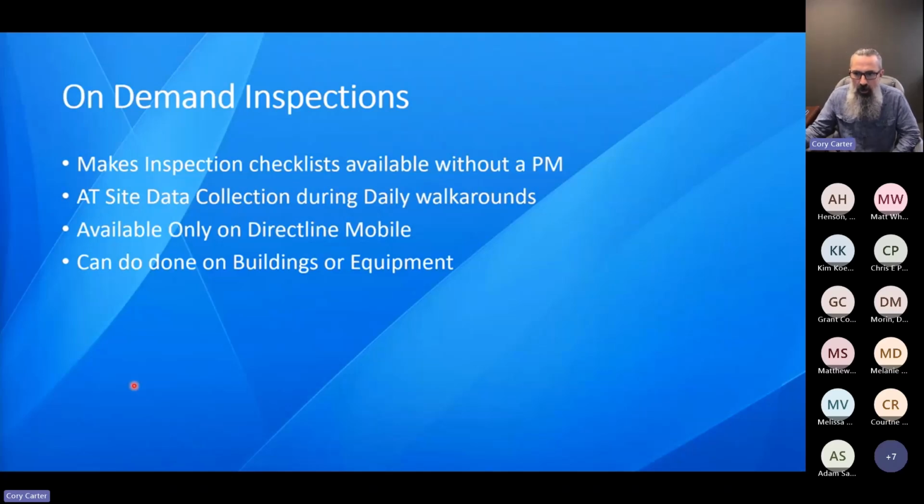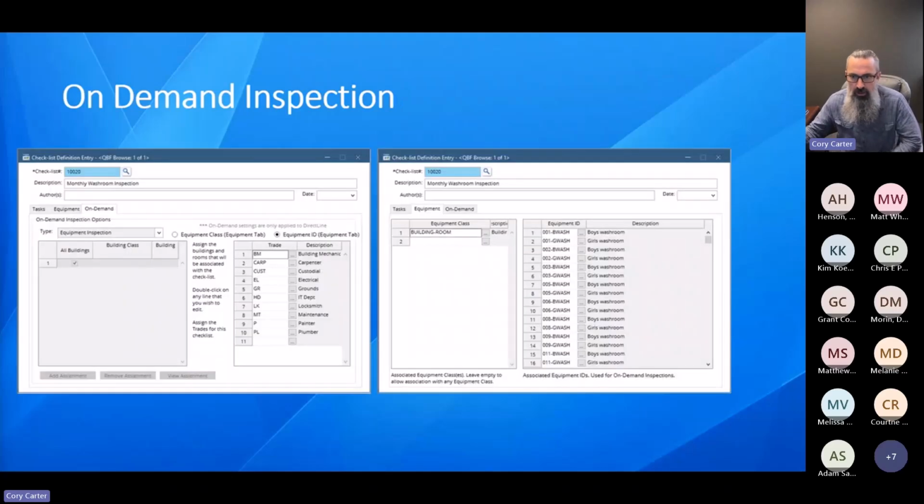It can be done on buildings or equipment. We're going to do one on a building today. There is a little bit of setup. I've got a few screens here from the desktop